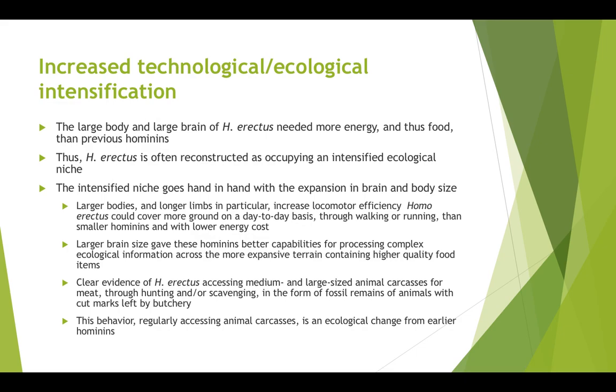What this means is that Homo erectus interacted more intensively with their environment. And so that included active hunting relative to the scavenging that we saw with Homo habilis and gracile australopiths. These larger bodies and longer limbs, because Homo erectus has limbs that are more in proportion with modern populations,